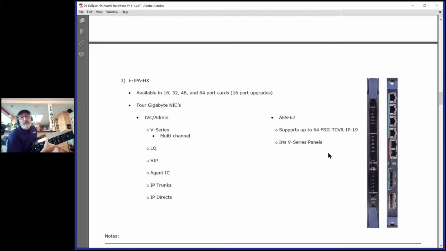If I connect this panel with IVC connectivity, depending upon the health and quality of the network connection that I have, and especially once I'm going over the public internet where God knows what is going on, that connectivity can be pretty latent. And I might have to change money by the time I hear the cue that somebody's trying to give me. So in order to facilitate quick network connectivity, we came out with the Iris panel that's using this AES67 network that's available now on the IPA card, wasn't available before on the IVC32,